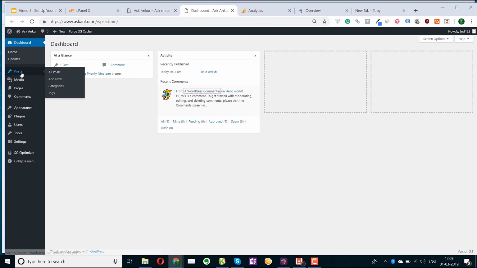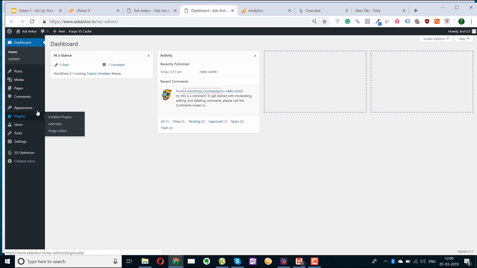You can click here. This is the section that you'll be using for adding the articles and adding the post. Here you can segment the articles through various categories and tags. Media is the section where you'll be uploading the images and the GIFs or any video if you want on your website. Pages are any different important pages that you want on your website, like contact me, about us, etc. Comment section will help you in moderating the comments, and appearance is where you'll be adding the themes, the plugins, etc. Appearance section is where you'll be adding the theme and customizing it and also changing the widgets. So let's first go through each option one by one.